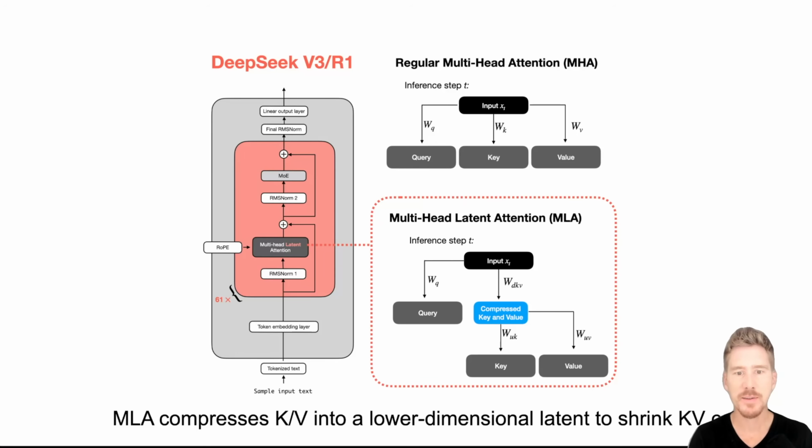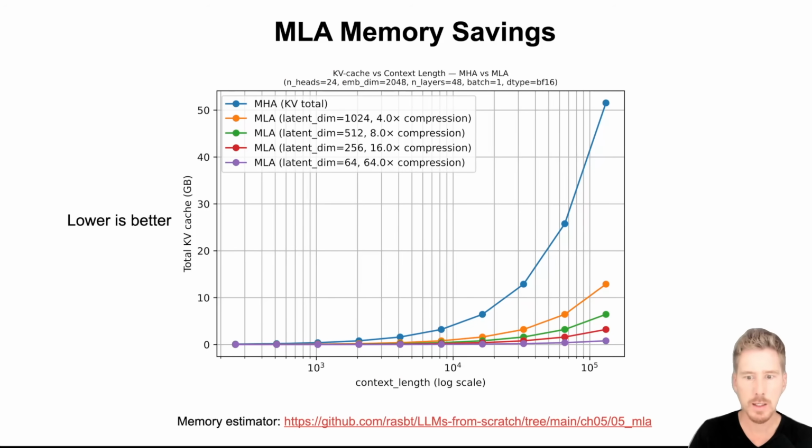And according to ablation studies in the DeepSeek version 2 paper, they found that this actually performs better than grouped query attention in terms of modeling performance. So it's a little trade-off compared to regular multi-head attention, but it's another way we can keep the KV cache size down. And here I have a chart again where we see multi-head attention at the top, and then different